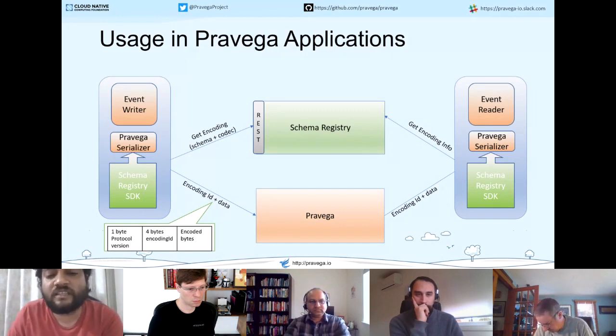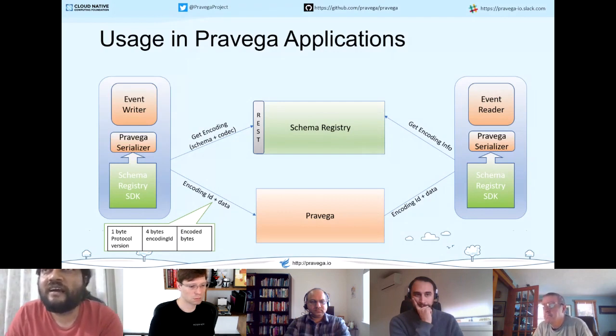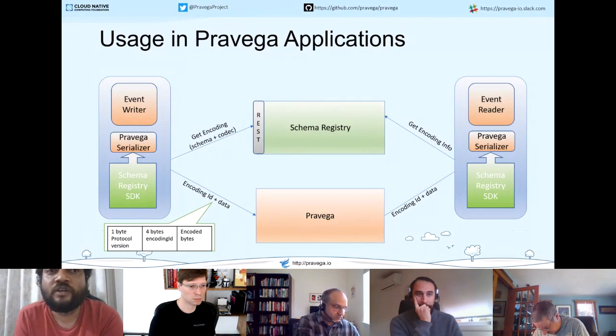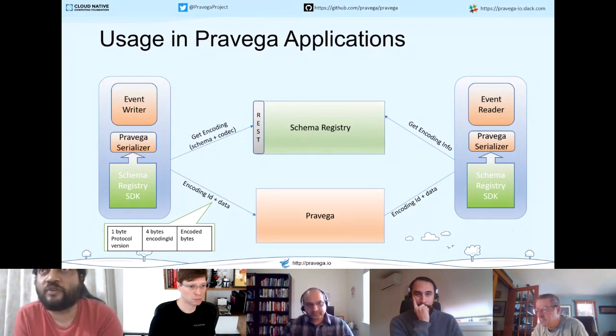One other interesting thing that we have done is we have gone over and beyond just the schema. What we also allow you to get unique identifiers for is a concept called encoding ID. This encoding ID represents your schema as well as any additional encoding that you want to do on that serialized blob. So for example, if you are serializing it and then compressing it, and let's say you've used snappy compression, you could tag the fact that this data has been encoded as schema plus snappy codec, which has been used to compress it, right?